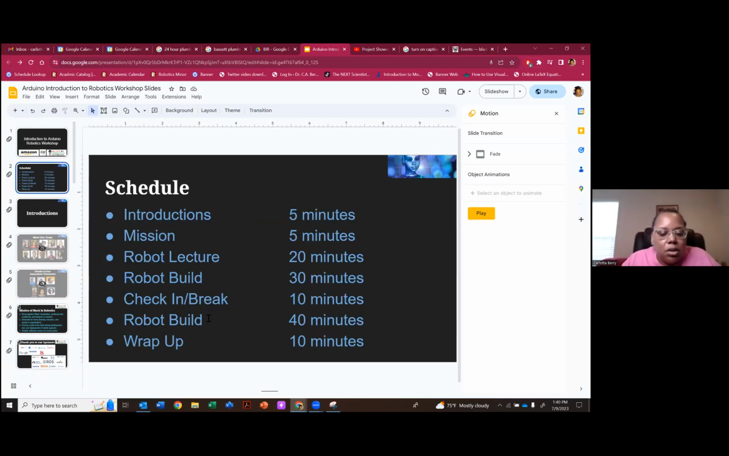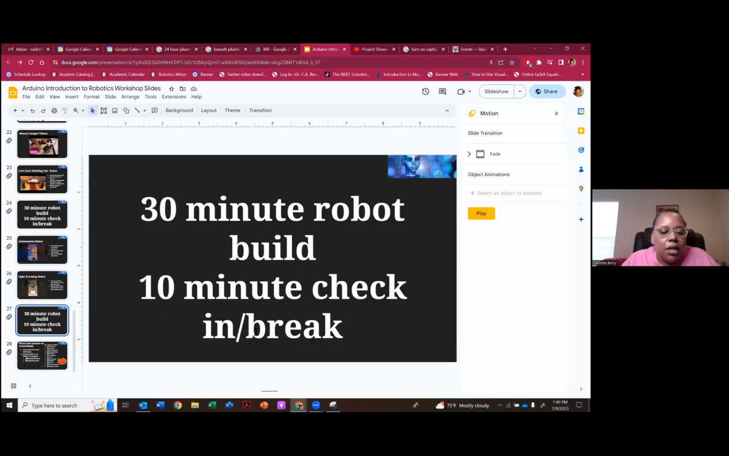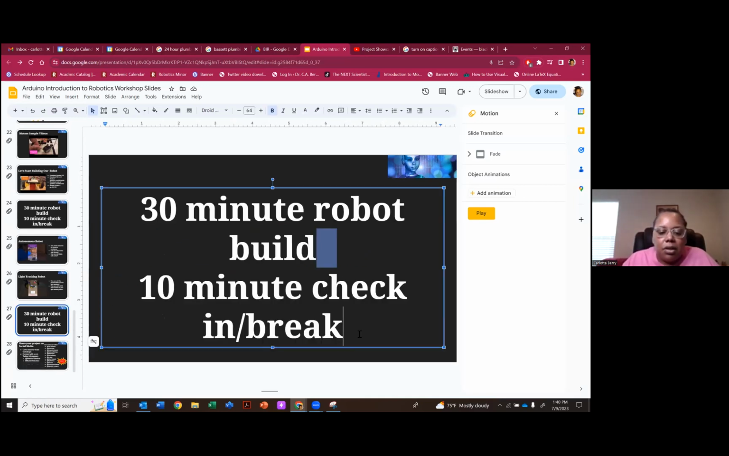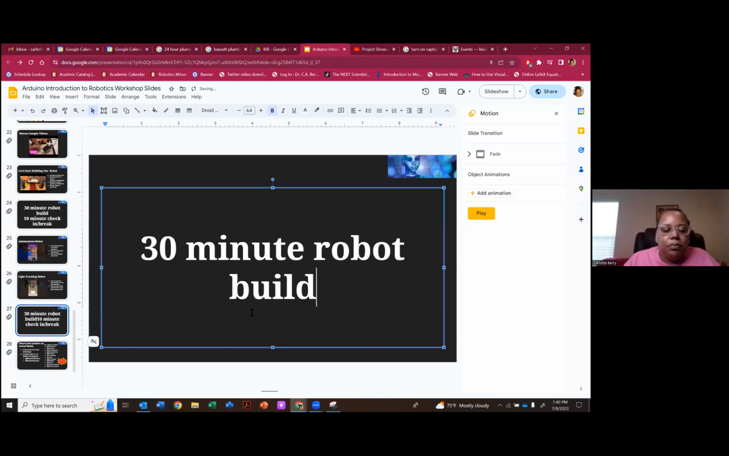So let me make sure. I said 40 minutes, but I put 30, whatever. It kind of depends on how long it takes. So that'll be our second break build. There's not going to be a break after that one though. So we're going to delete this 30-minute robot build. And then when they come back from that,